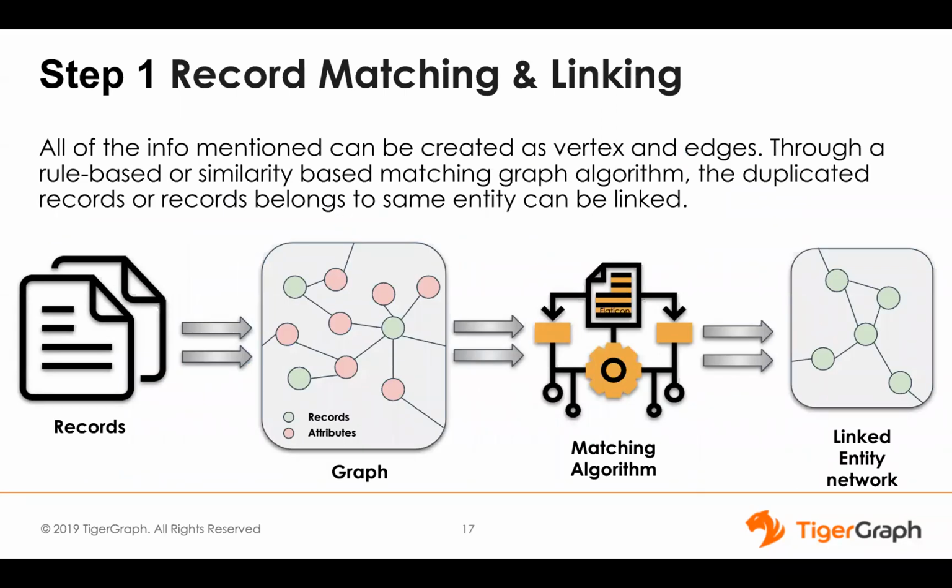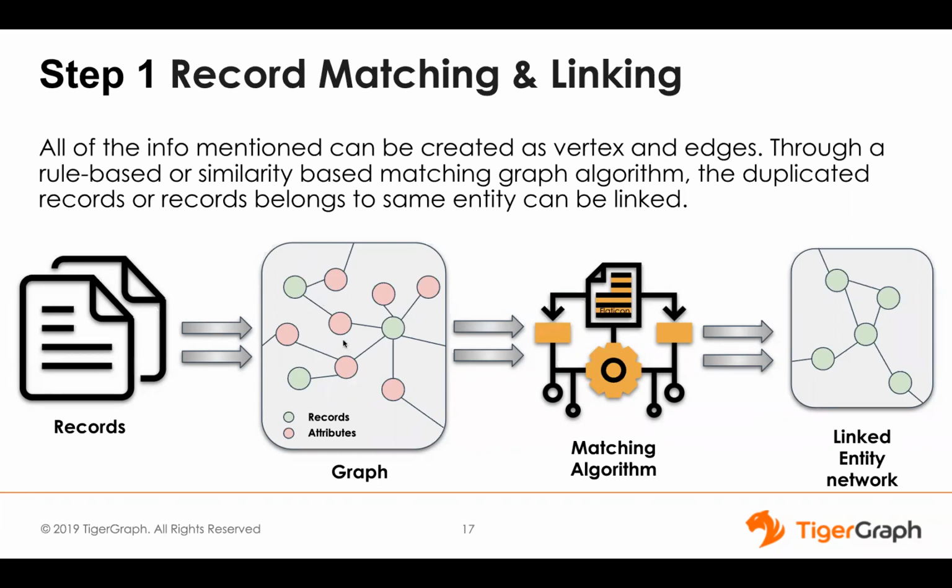So what does that mean? It means you take the records you've got. That can be batch records, or it can be event records, so individual events like transactions, payment transactions, phone calls, pings for devices, all of those things. You're going to put them into the graph, and in the graph you'll generally have the records you care about, so the users we talked about, and then you have all of the attributes which are associated with the records that you have. The idea is that you take that information, and you've already got a reasonable amount of connectivity, because you'll notice that there is a,